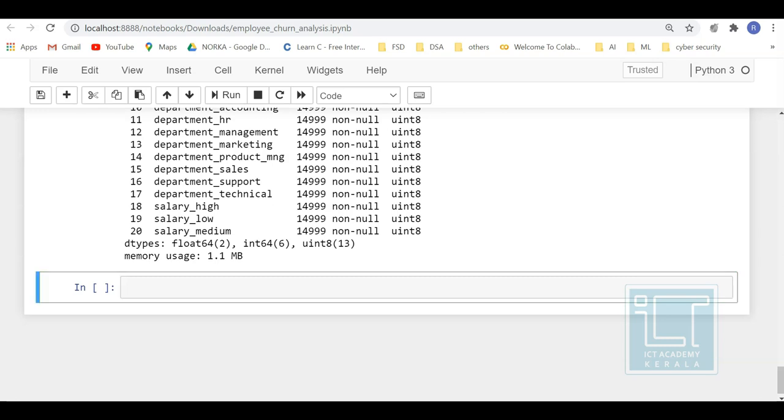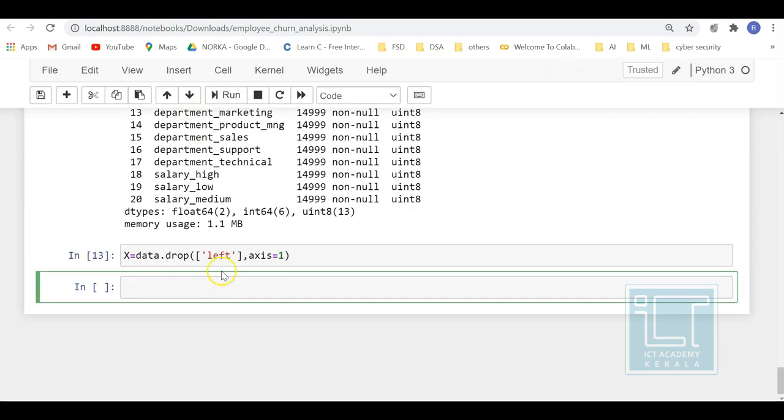So you have to split that into the feature set as well as the target set. Just execute this one. Now you drop that left attribute from the data set and save that to the X variable, and store our target variable value to Y.